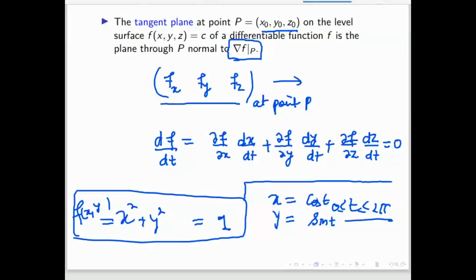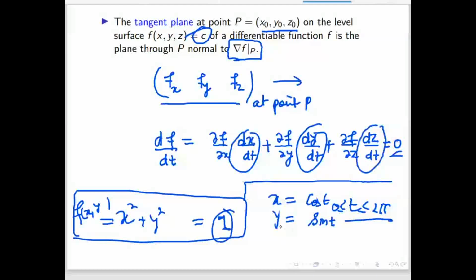And its derivative I already showed you. Once you differentiate, you will get the tangent direction. This dx by dt, dy by dt, that derivative, because component wise we are differentiating, will give the tangent direction. And because the right hand side is constant, this will give 0. So why this dx by dt? Any function that is given, you can write in the parametric form, and this one will come by the chain rule. We have seen the chain rule already.